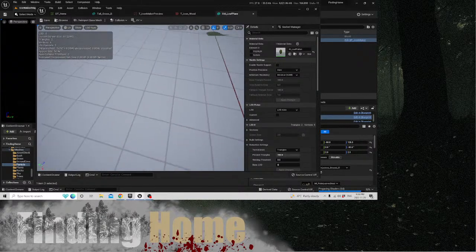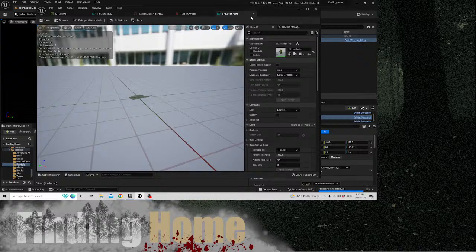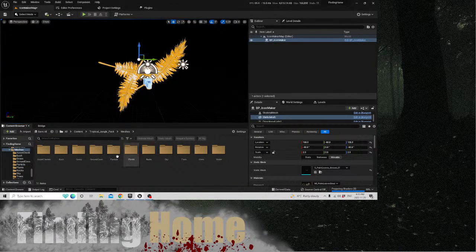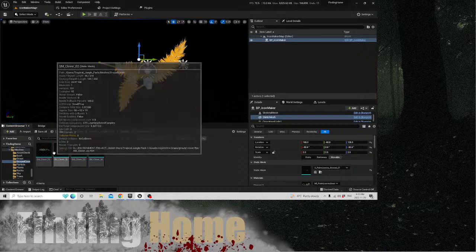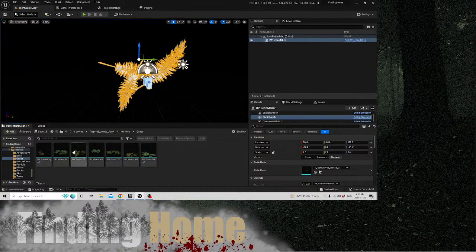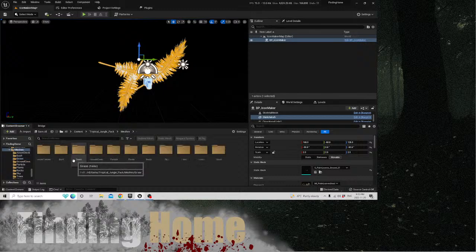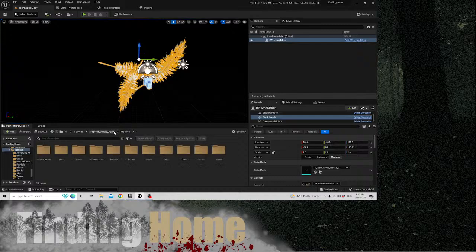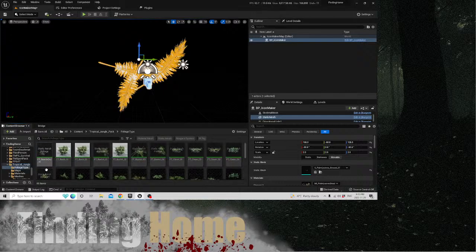That is actually one individual leaf. Probably for falling leaves, I guess, for particles. Ground cover, clovers. Always clovers. The grass is definitely weird and splattered. Bush. Asset checker. And that would be all of the